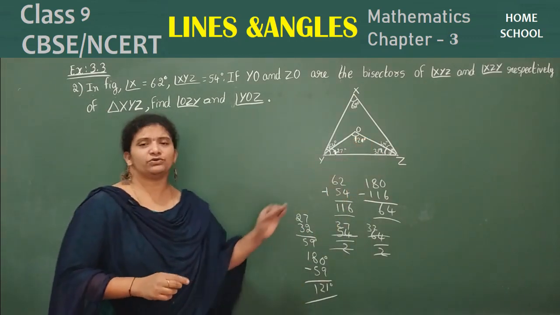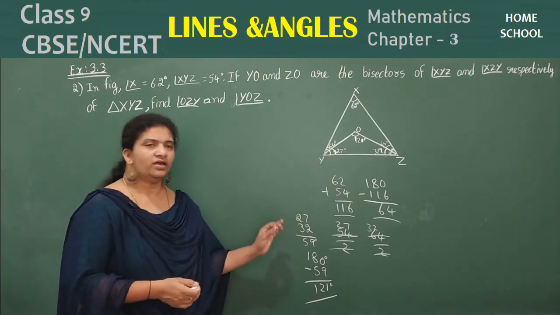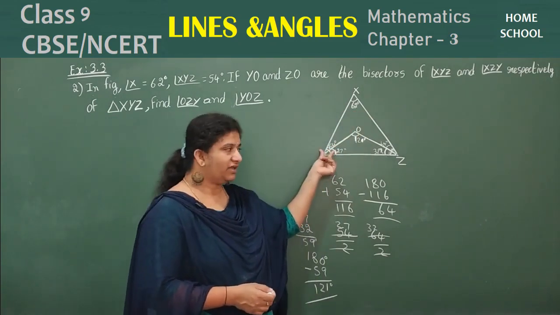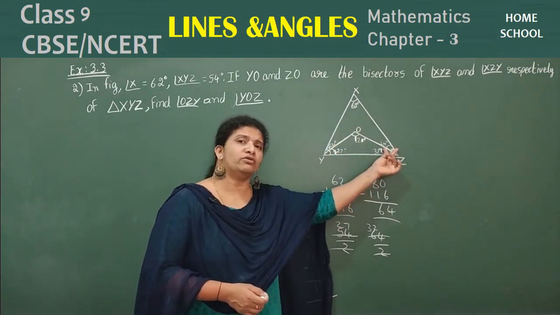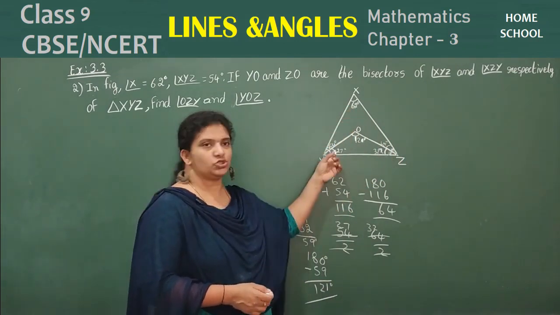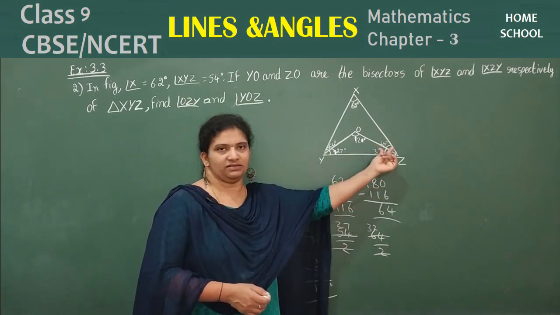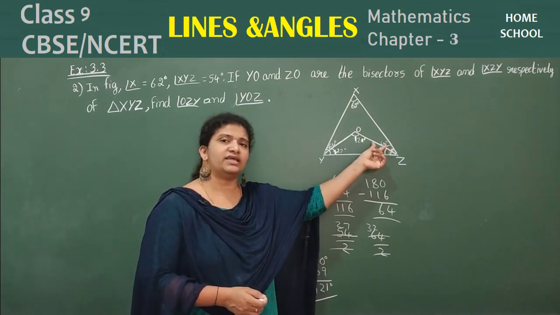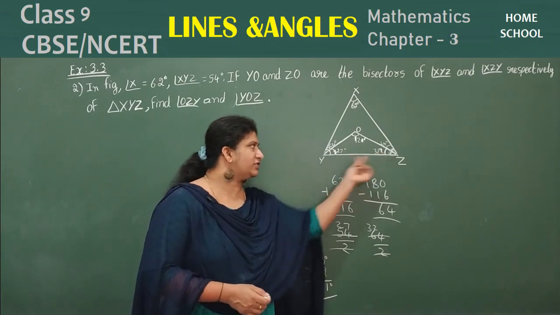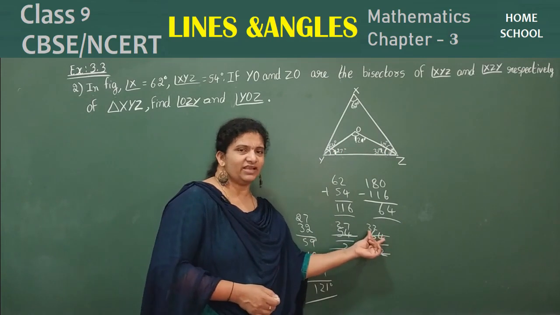Okay, like this you need to think and then find the missing angles. Once again let me say, here this angle is given, and this angle you don't know. So what you need to do: the sum of the angles of a triangle is 180. Add these two and subtract this value from 180. You will get this angle. Angular bisector, what do they do? They divide the angle into half. So half of 54, half of 64, you write here inside the small triangle. That will be 27 and 32 degrees.